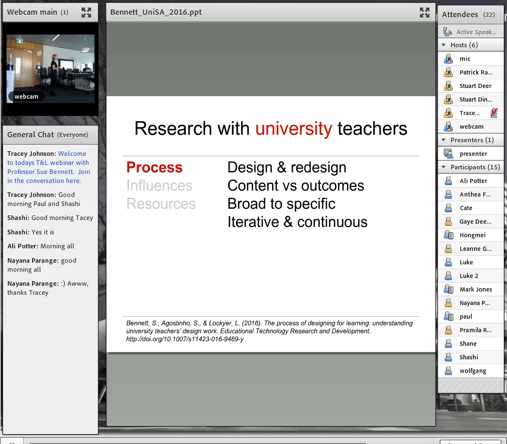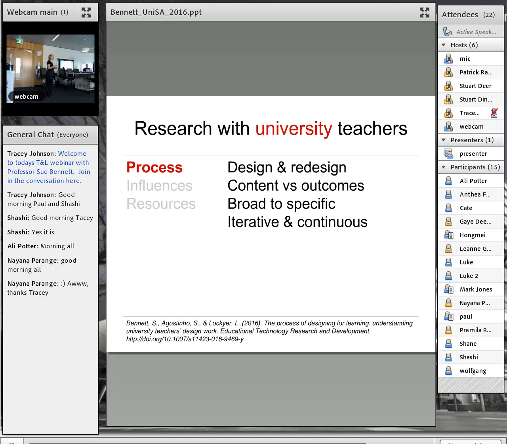This comes from a study of 30 Australian university teachers who we talked to quite at length. They're across a whole range of different institutions and different discipline areas. We asked them the same series of questions, which is really about how they do their design work. So we came up with 3 different sets of findings. The first one is about the kind of process they use. Some of this will make a whole lot of sense to you because it's probably what you've experienced, but it's interesting that there's been little empirical work to characterise this.